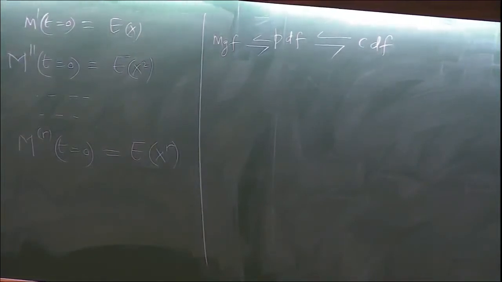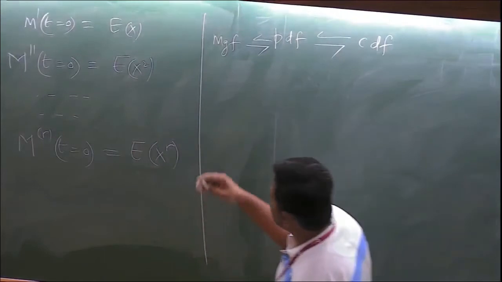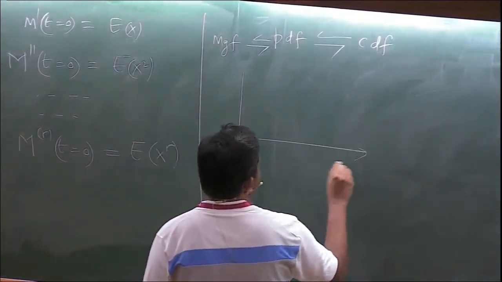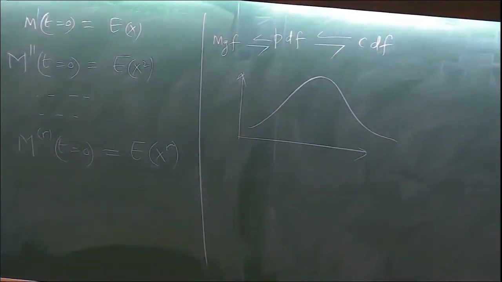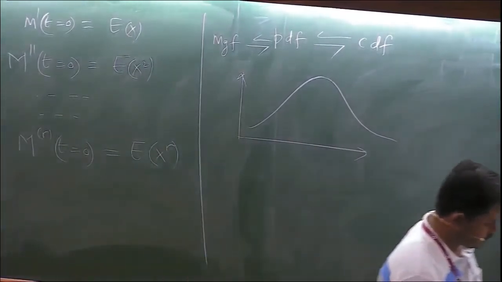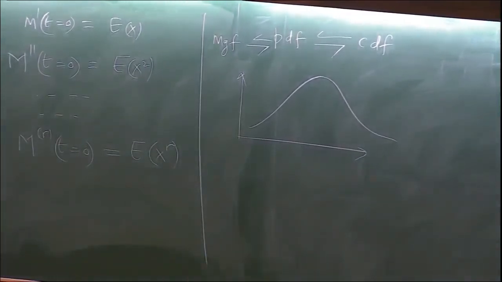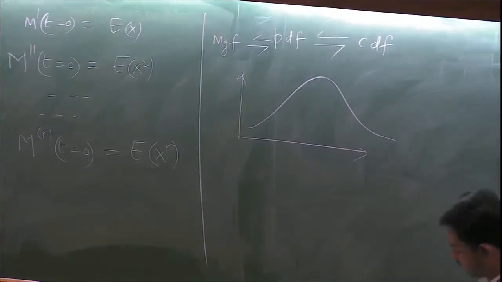This is a way of characterizing the distribution. Either you tell me the complete probability distribution, or you tell me where the mean is, how far it is spread about, and so on. So if you know all the moments, you can reconstruct the probability distribution. And so the moment generating function has the same information as the probability density function as well.